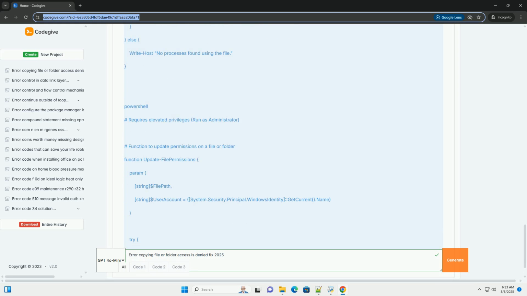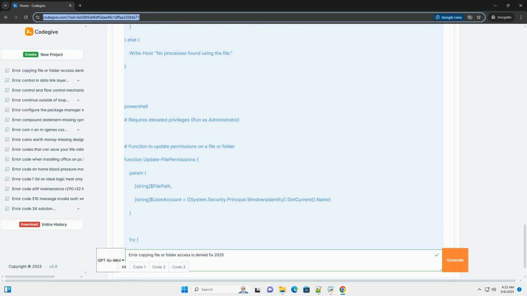Stay updated: keep your operating system, drivers, and security software up to date. Security patches often address vulnerabilities that could lead to permission issues. Understand AI-driven security: familiarize yourself with how AI is used in security software and how it might affect